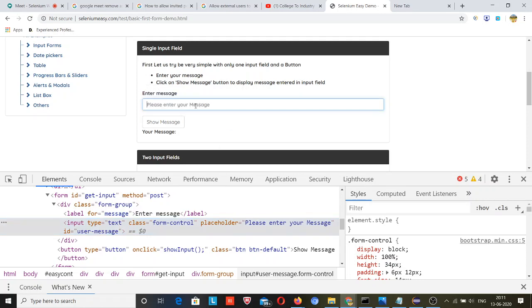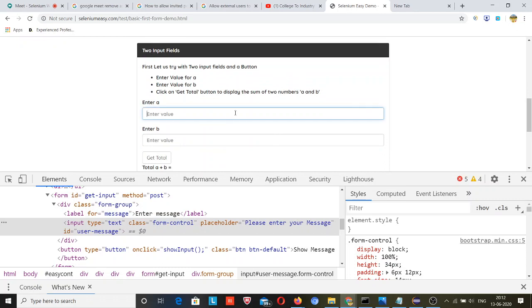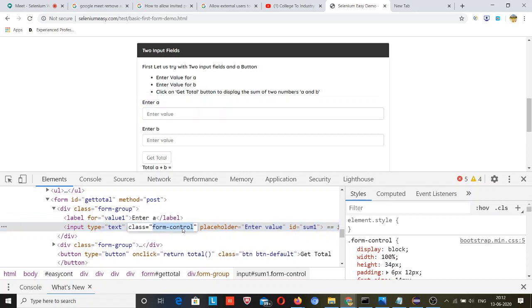This input field has the same class, form control. Okay, this input field has the same class, form control. Let me go down and right click on this input field, which also has the same class, form control.